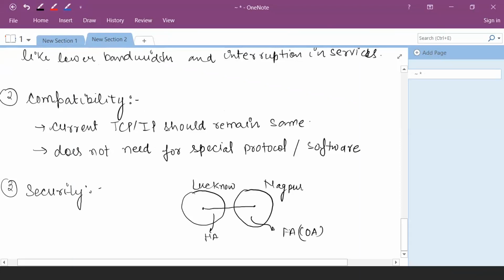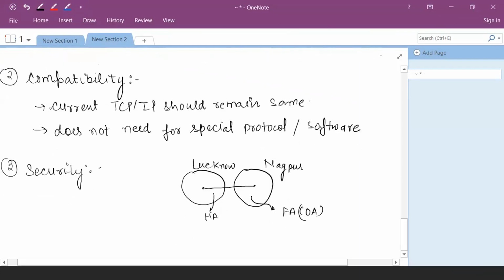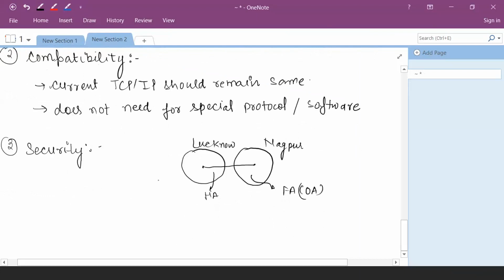If it is the case, then which entity verifies me before getting a care of address? Sometimes it is possible that my mobile gets stolen by someone. And if this is the case, the thief will immediately change its location from one city to another city, one state to another state. Problem: a new care of address is provided by the foreign agent. The foreign agent does not verify that the person traveling from one city to another city is not me. So where is my authenticity?